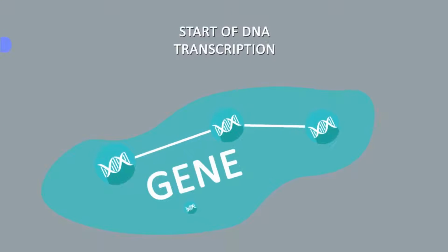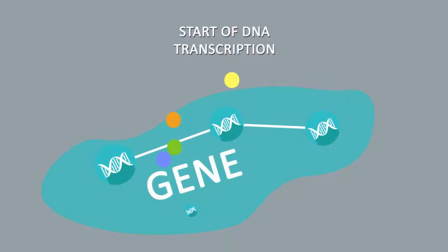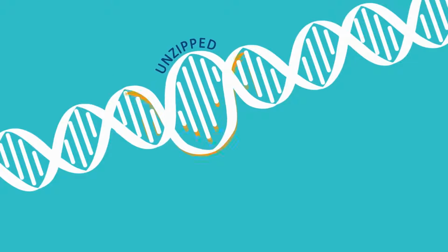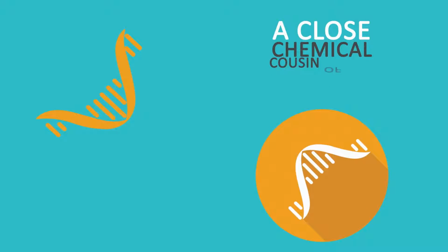Transcription of DNA begins with a bundle of factors assembling at the start of a gene to read off the information needed to create the protein. The double helix is unzipped and one of the strands is copied. The strand that is produced as the DNA is unzipped is called RNA, which is a close chemical cousin of